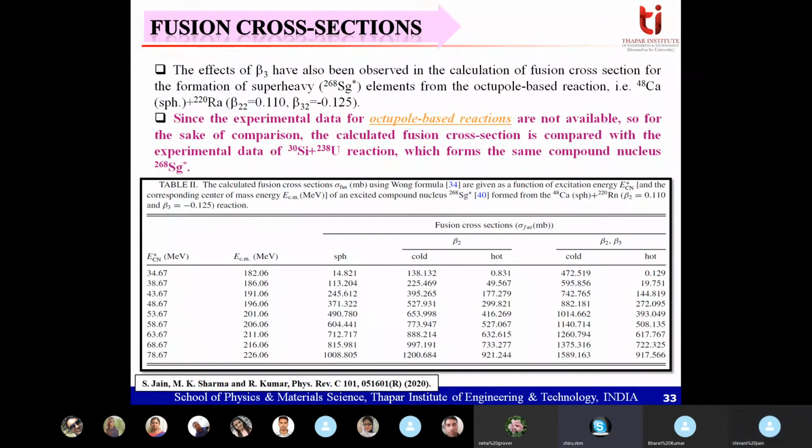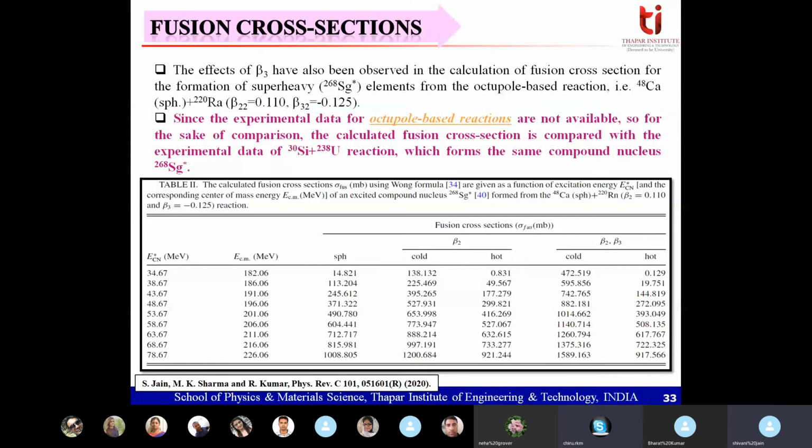Well, I'll think about it because I don't have much experience in this, so I don't think I completely understood it. But what I am trying to understand is, in the hot configuration, why does it have to be closer to the actual experiment? What I have understood from your presentation is that if you can control the spinning orientation of the target and the projectile, only then can you project your result in these two extreme conditions. But in an actual experiment, I don't think either of these two extreme conditions will be executed. It will be some kind of average between these two conditions.